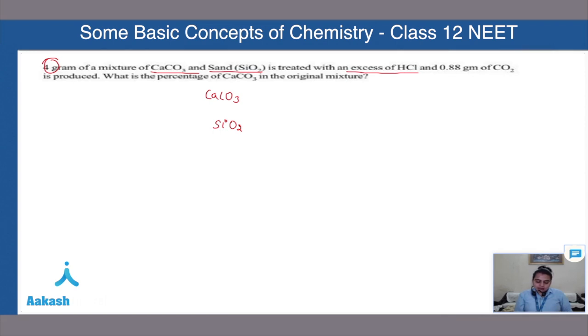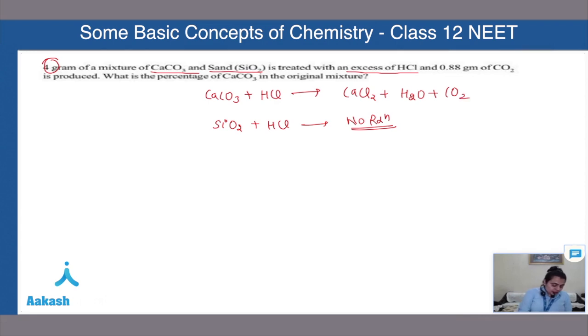Now I need to understand what is given to me. 0.88 gram of carbon dioxide is getting formed. Now if it is 0.88 gram, then what will be the number of moles for it? It would be 0.88 divided by 44 grams, yes or no? It would be 0.02 mole. Is this much part clear to you? So this means 0.02 mole of CO2 is being formed in the reaction.